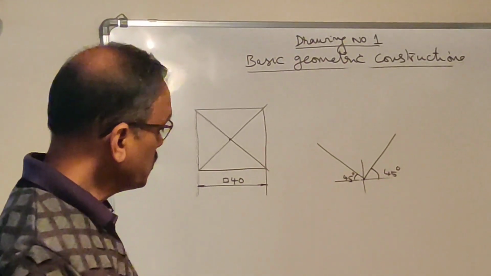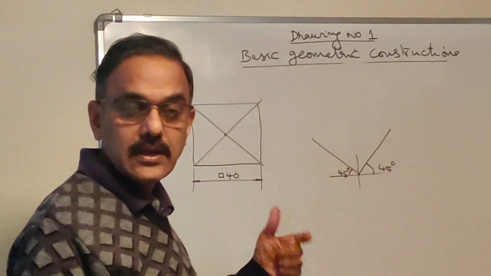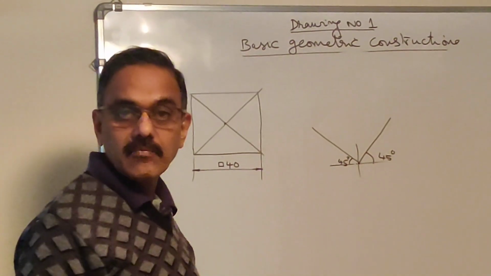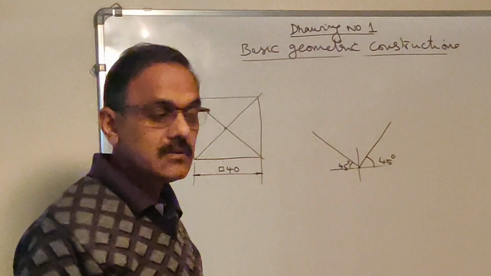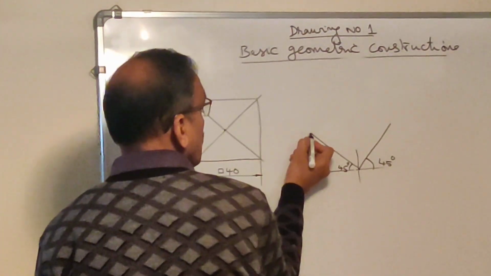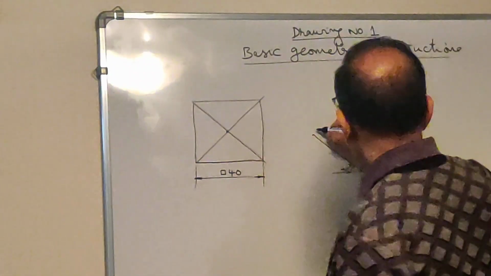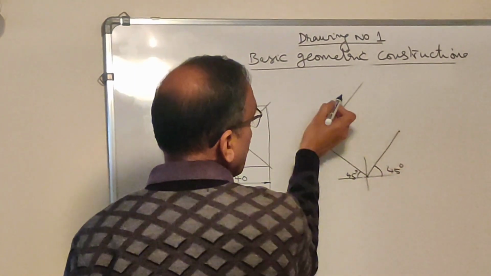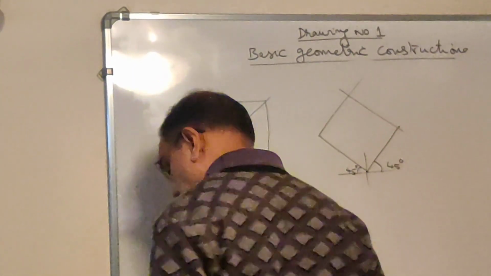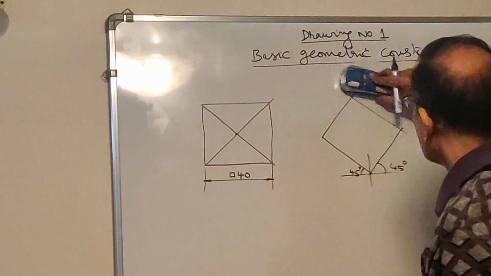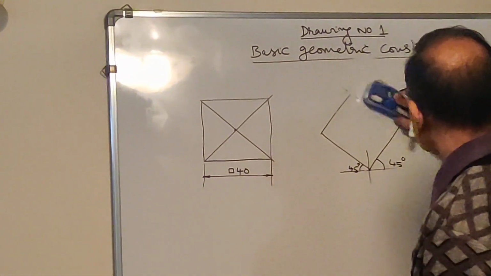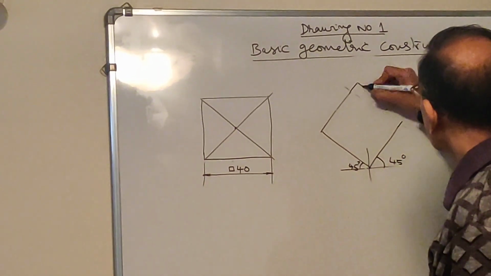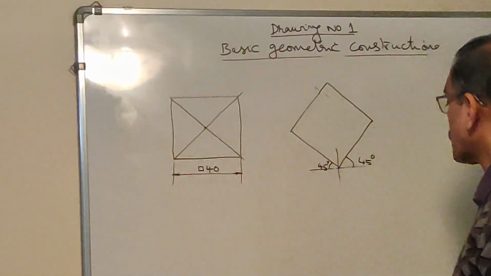Okay. Now once you finish this pair of lines, you can get the remaining two lines, the next pair. Okay. Either you can use a protractor or you can use a compass. If you use a protractor, what you do? Go here, mark 90 degrees, then draw a line perpendicular to this. Again go here, mark 90 degrees, draw a line perpendicular to this. Okay? Then you can erase the remaining lines.